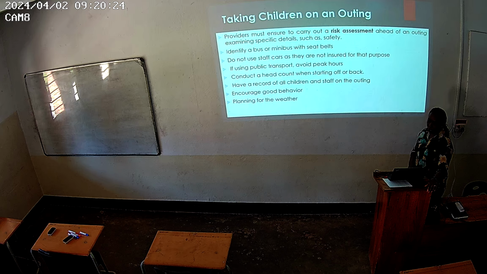Ahead of an outing, examine specific details such as this. So you carry out an assessment. Before you even start, even when you just talk about an outing, do a risk assessment. What are some of the hazards that we are going to face? Is the road okay? Is the bus that we're going to use okay? Is the route